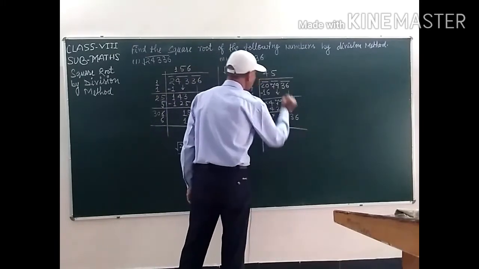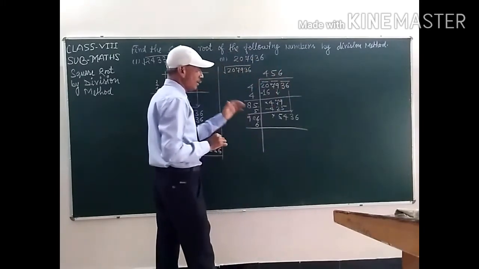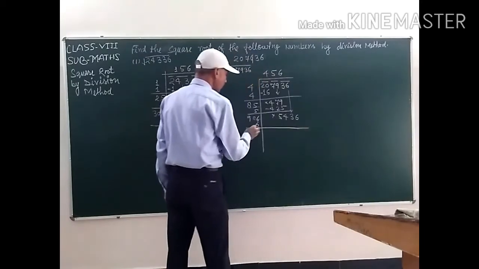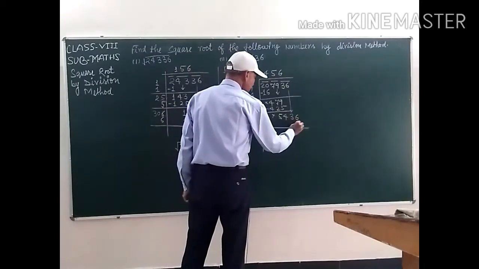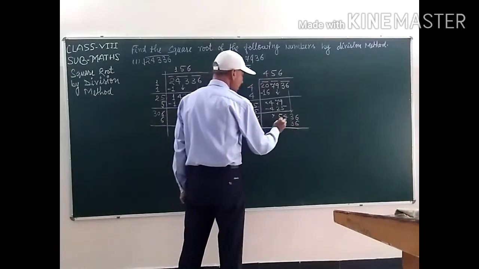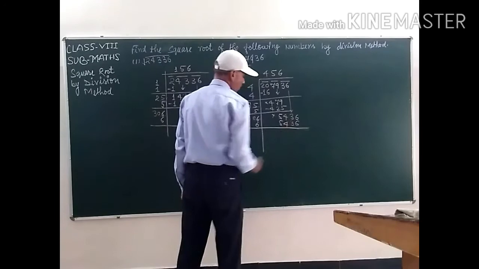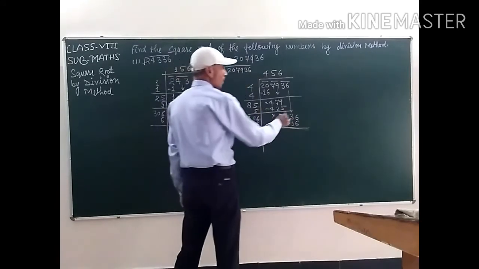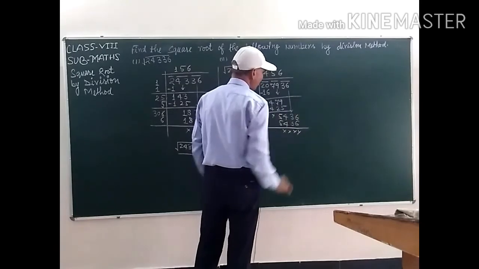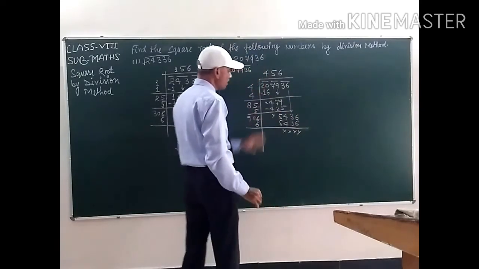So this number 900, 9 6s are 54, and if we are taking here 3, write here 3 as quotient, and this one 6 6s are 36, 6 6 0, here 3, 6 9s are 54. Clear students? No remainder is left here and no bar is left here. So our solution is correct.